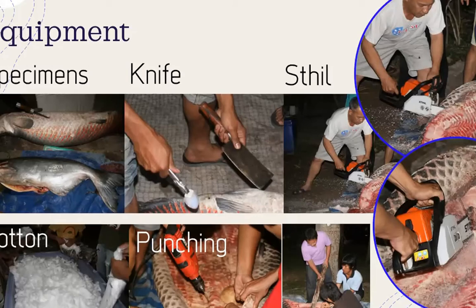If you want to cut like that, you should be an expert in how to use it. If you're not an expert, maybe you will cut your hands, and you can also cut something on the skin, not only on the meat. And another one